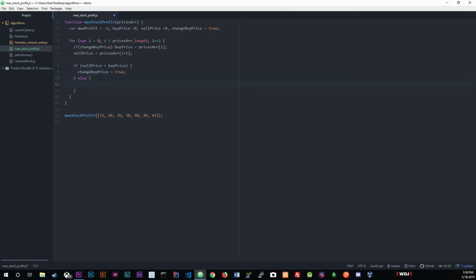Else, we're going to create a variable called temp profit. And we're going to set that equal to sell price minus buy price. Okay? Now we're going to check if our temp profit is greater than our max profit. If temp profit is greater than max profit,